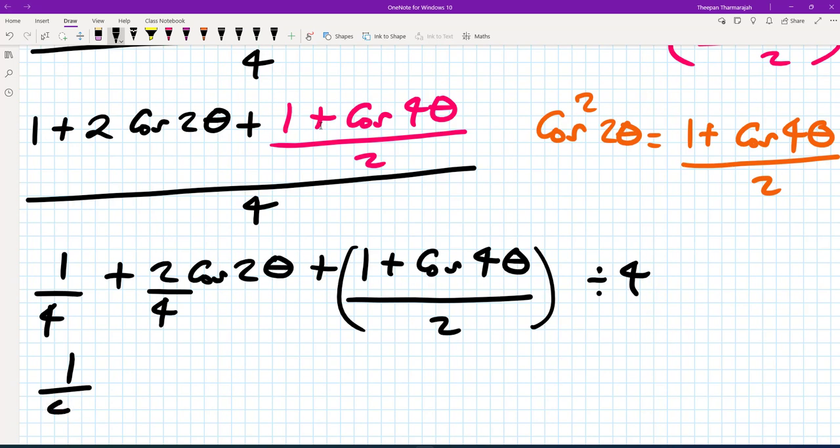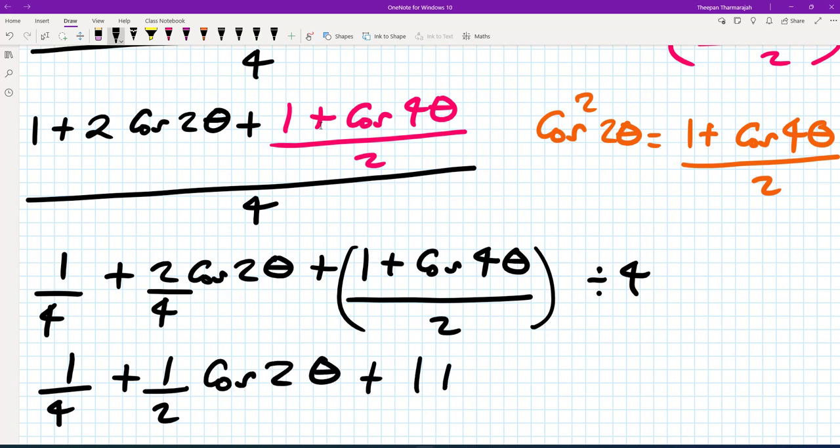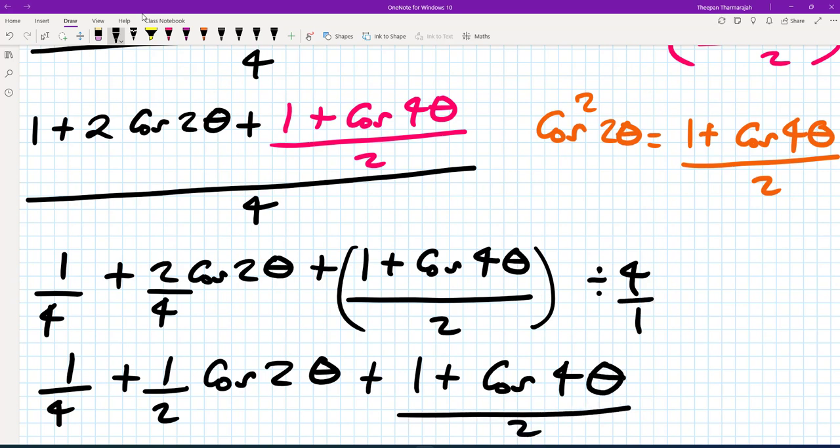Now I get 1 over 4 plus a half cos 2 theta. Then I get plus 1 plus cos 4 theta over 2. Don't forget this is over 1, so that's times 1 over 4. So we can put this in brackets if you like. So now we end up with the following: